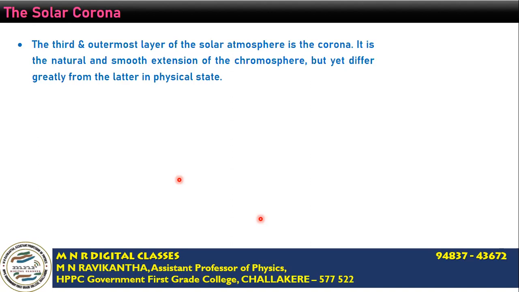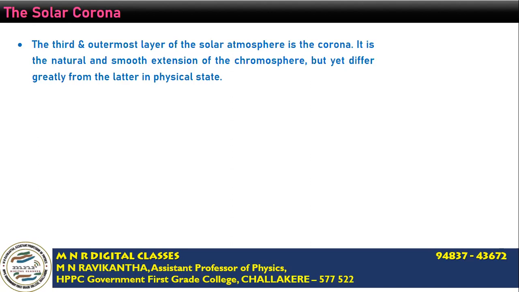The older method to see the corona is only during the total solar eclipse, but with the advancement of technology, we have artificial methods to see the corona. That instrument is called a coronagraph. With the advent of this new instrument, it is now possible to observe and analyze the inner corona without a solar eclipse, whereas the outer corona can still be observed only at the time of a total solar eclipse. The inner corona can be seen by using a coronagraph, while the outer corona can be seen only during the